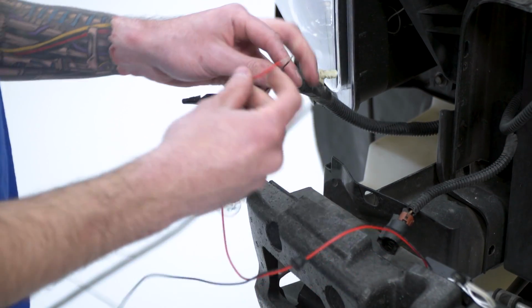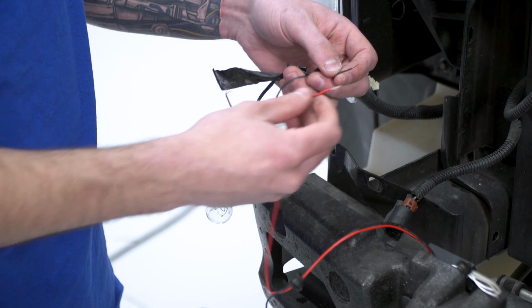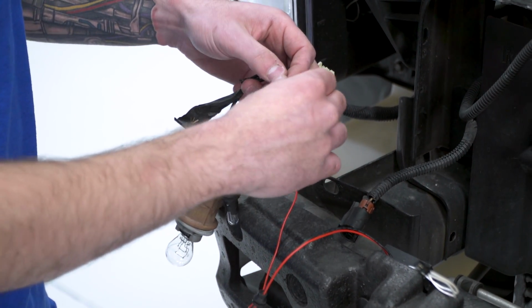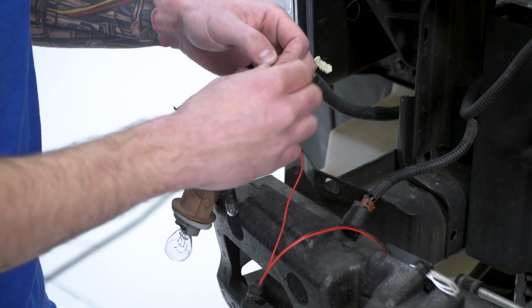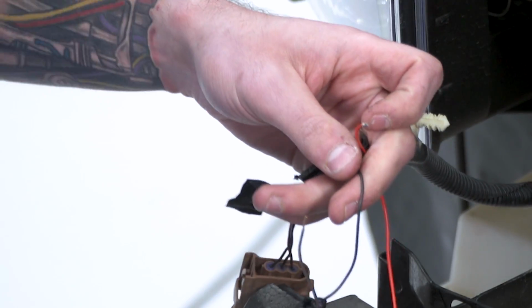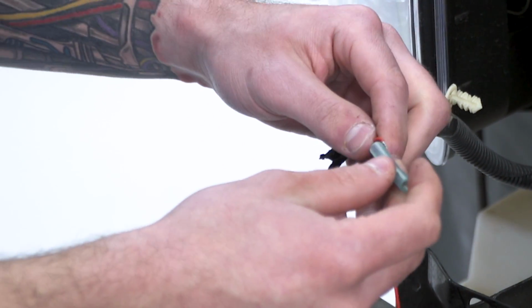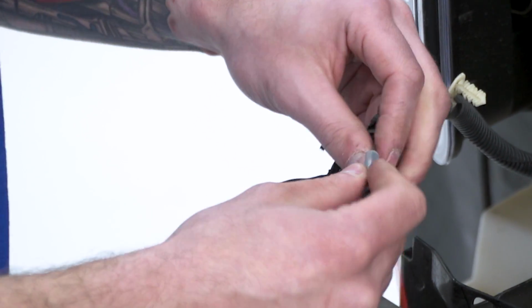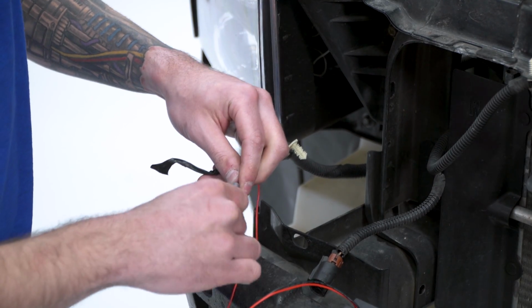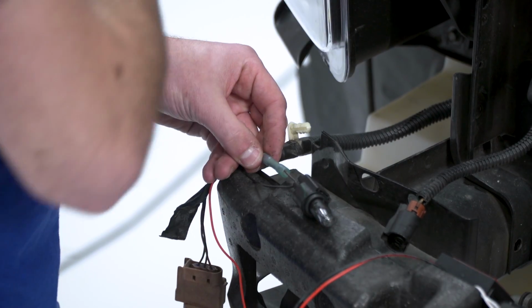Now we're gonna take our red wire as our positive and twist these together, the live open wires, to the brown one on the parking light harness. With these together, all we're gonna need to do is take our quick splice connector, run one end all the way through, run our other end from the harness all the way through. Once you have those connected together in the middle,